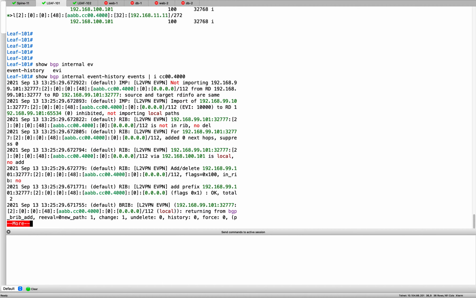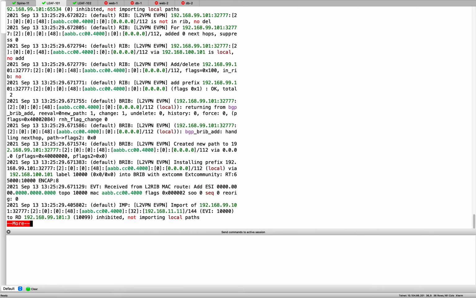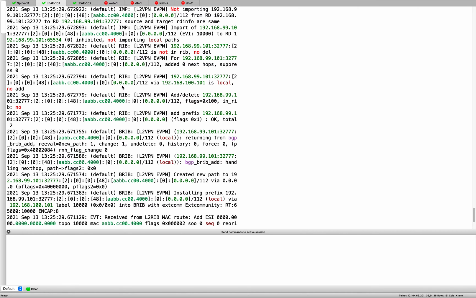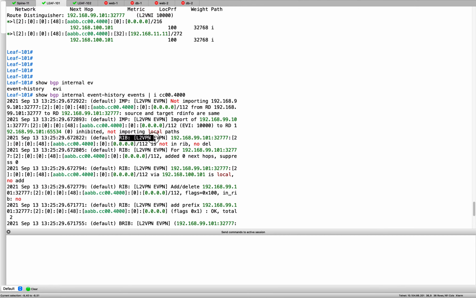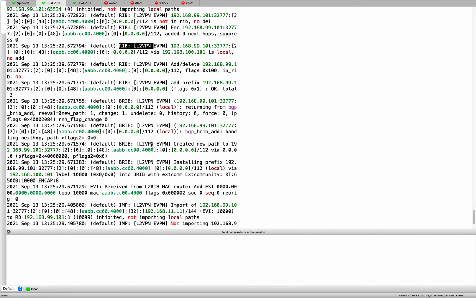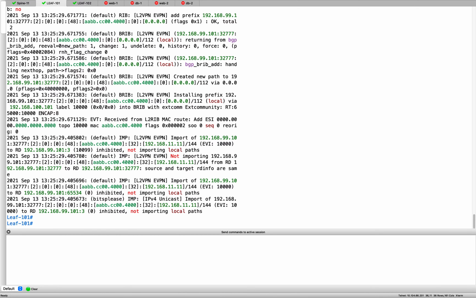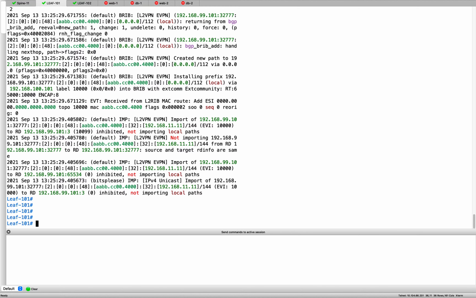So you'll basically end up seeing a lot of these events, and if you drill through this event somewhere, you will see, for example, added a new prefix or something like that. So you will see installing a prefix or adding prefix and so on. You'll have to dig through this a little bit into the RIB table and into the BRIB table and so on. But that's just for your information. Those events also get logged internally,